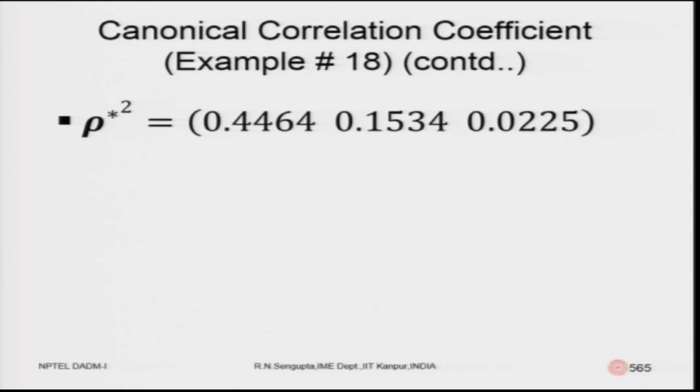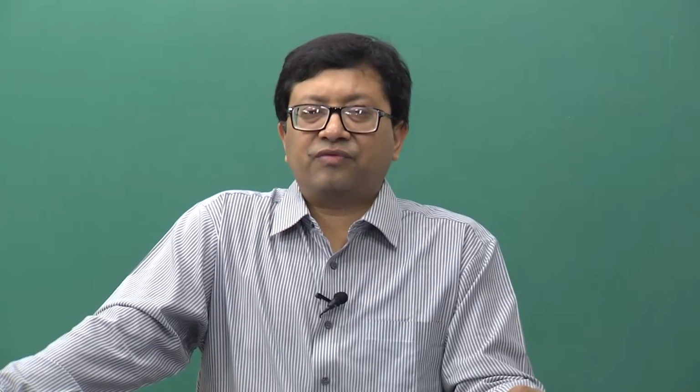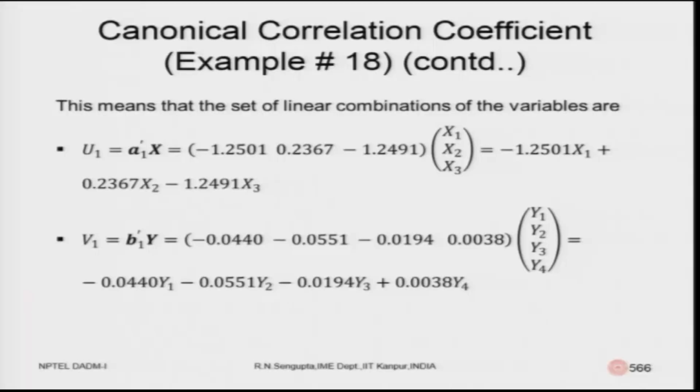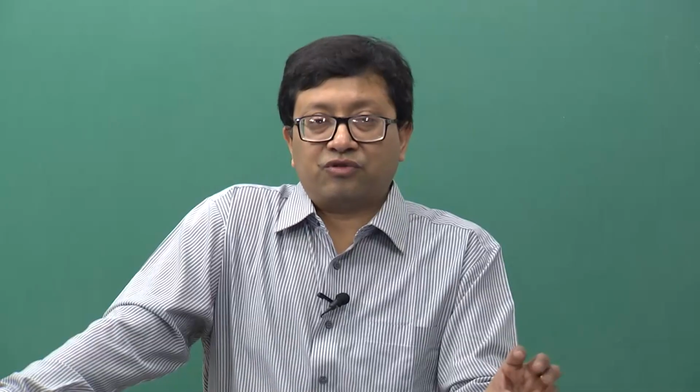So, they would basically give you the correlation coefficients of the variability in the first set u1, v1, then the second set u2, v2, then the third set u3, v3, and continue in this way such that we are able to glean the maximum set of dependence or relationship such that they are orthogonal to each other. Now, we need to find the new sets of linear combinations of x's and linear combinations of y's, which will give me the actual variability which we want to study.